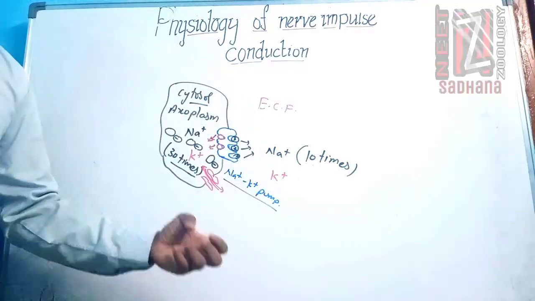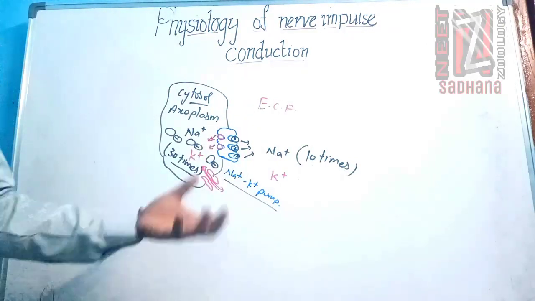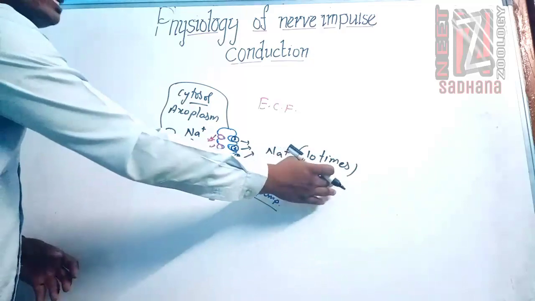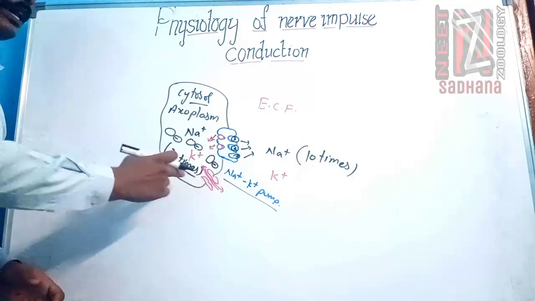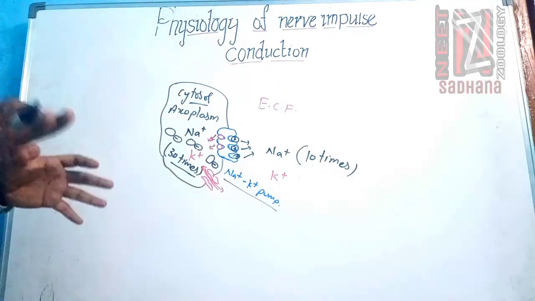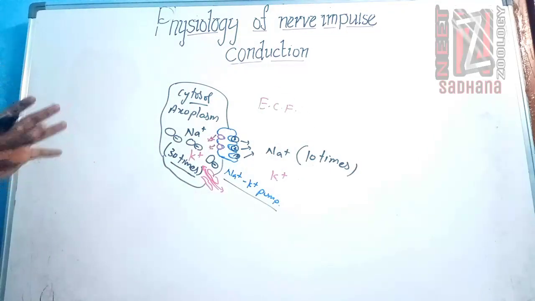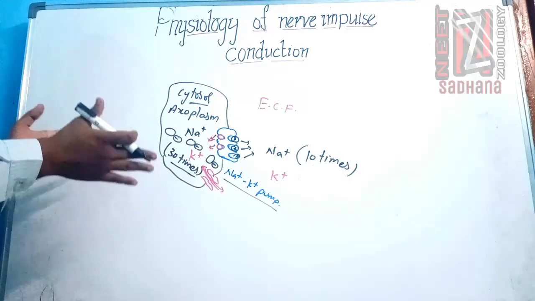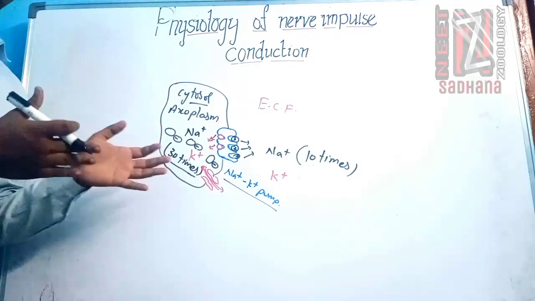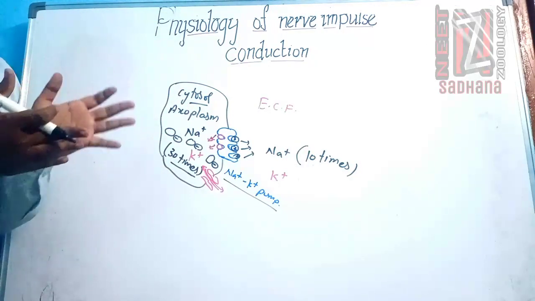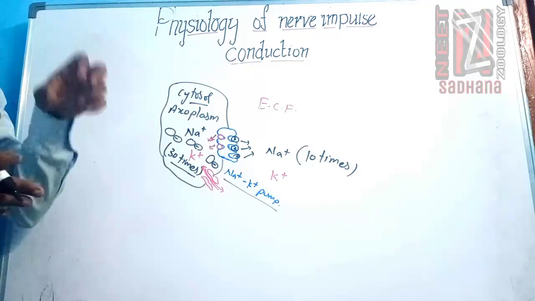Okay, we have to take in sodium through the salt. We have to keep it like that. So it is 10 times only more, but here it is 30 times more potassium. So keep in mind, you are comparing only potassium with potassium and sodium with sodium. That's the main point, and that's the main shortcut, or you can say confusing point, in this topic, the physiology of nerve impulse conduction. And that's for today.